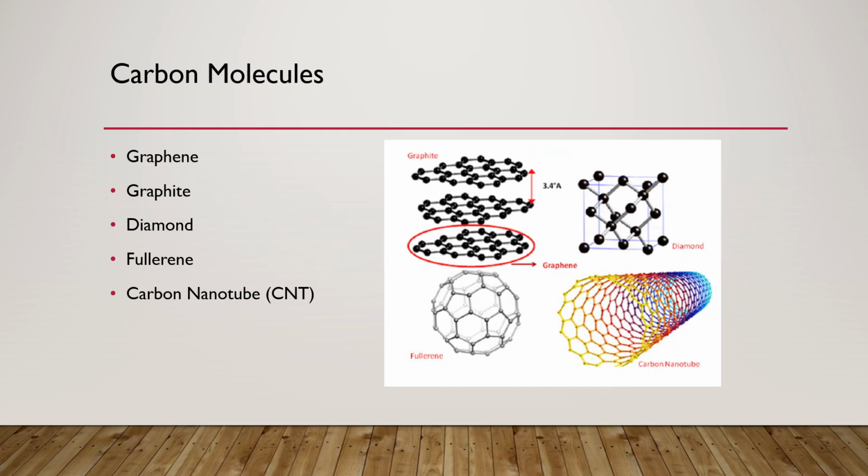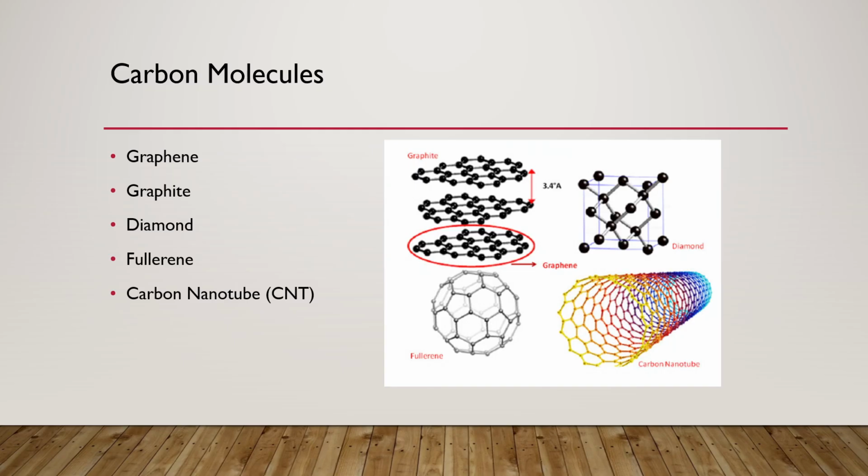The layers are held together by weak van der Waals force, allowing them to slide easily, which makes graphite a lubricant and a conductor. The next is diamond. Diamond is a crystalline form of carbon that forms under high pressure and temperature. Unlike graphite and graphene, each carbon atom in diamond is tetrahedrally bonded to 4 other carbon atoms, giving an extreme